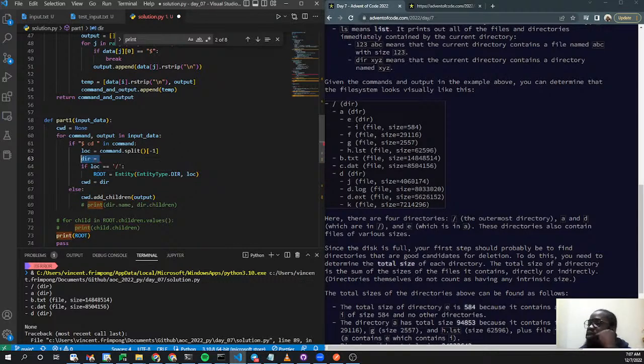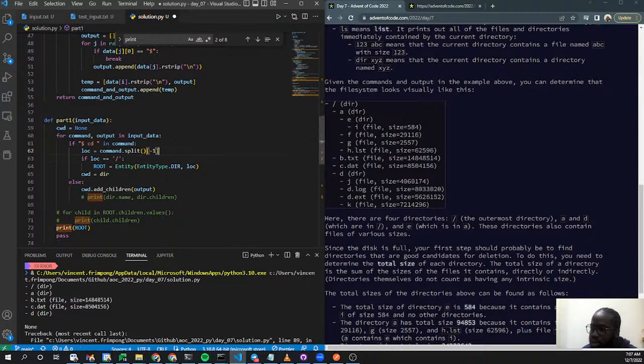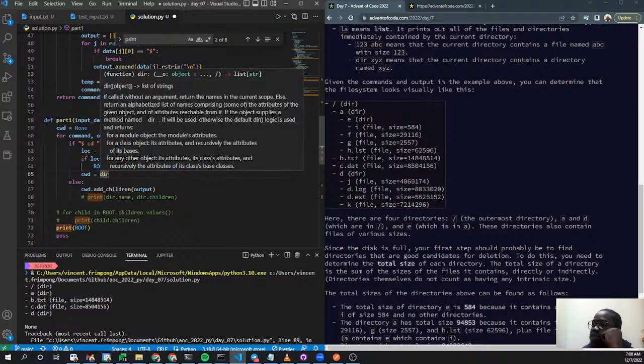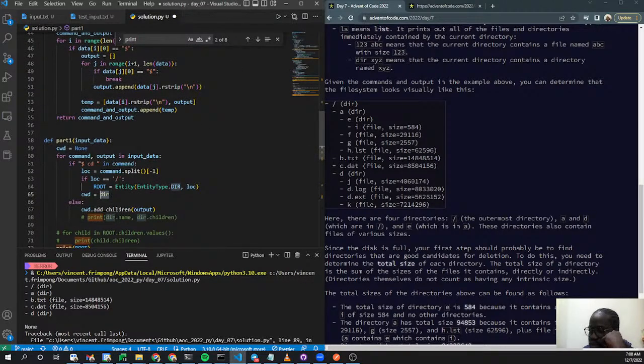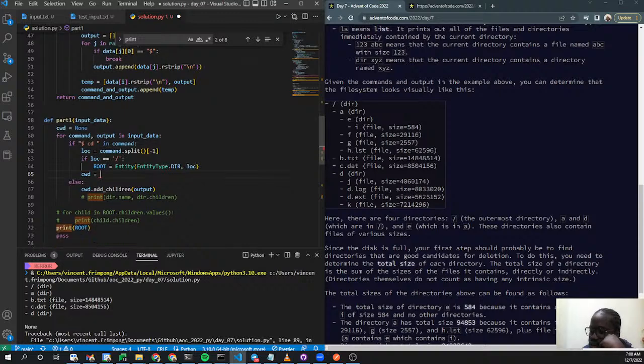We need to find a way to change the working directory from dir receiving it. Why was I using dir the whole time? Yeah, so and then set it to the current working directory, and then every time